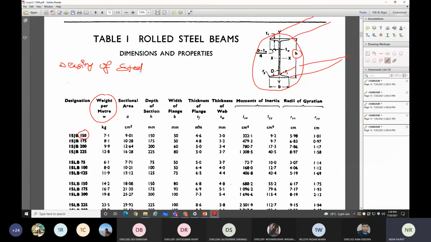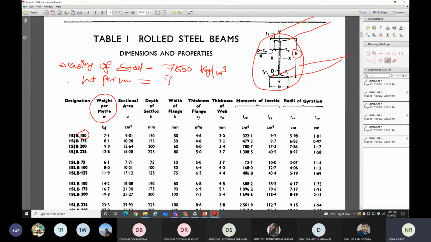चलो फटाफट, what is density of steel? 7850 unit, kg per meter cube. Right. So this is density of steel. So if you required weight per meter,